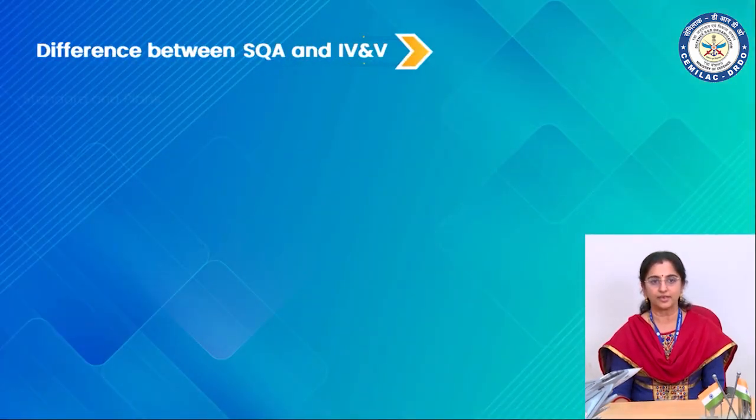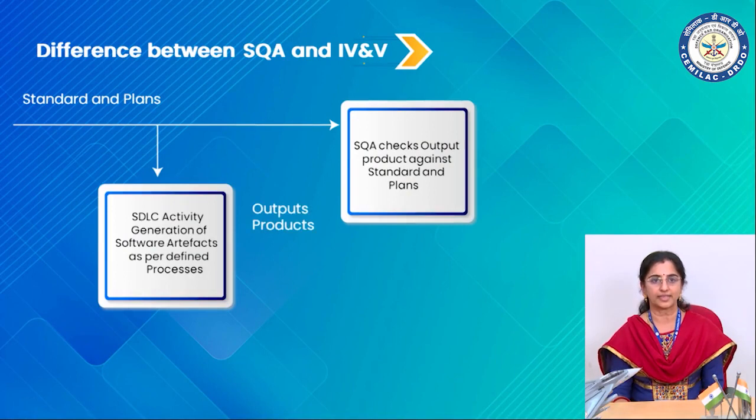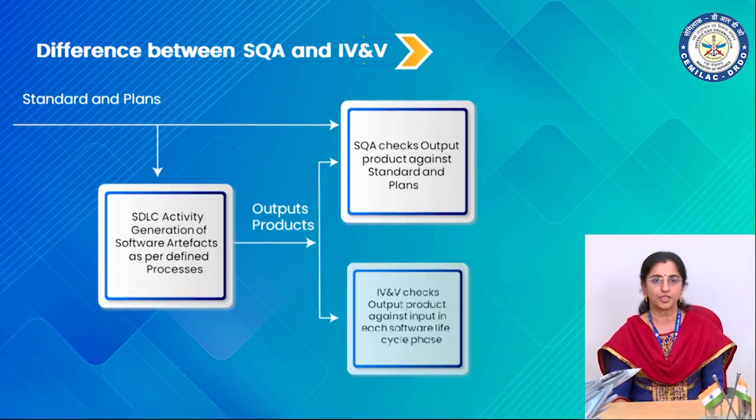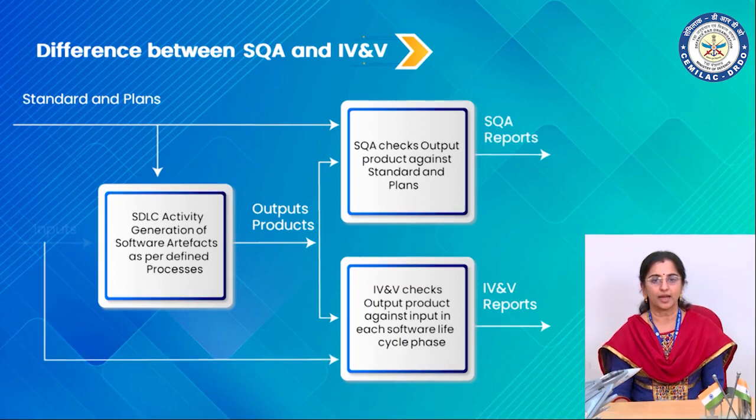Gracie, when we list the differences between SQA and IV&V, our first finding is that software quality assurance focuses on software process verification, while IV&V, or independent verification and validation, focuses on product verification. So SQA checks whether process is followed based on defined standards and plans, while IV&V focuses on product verification, wherein safety and performance of the realized system are important.